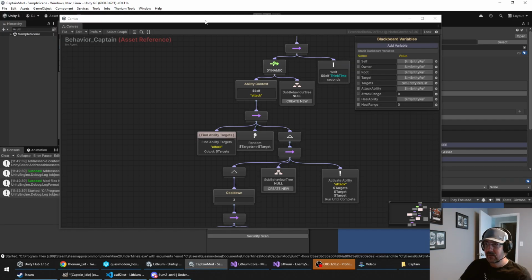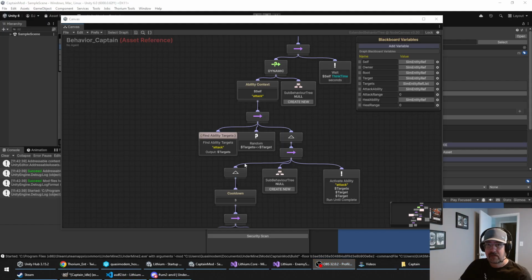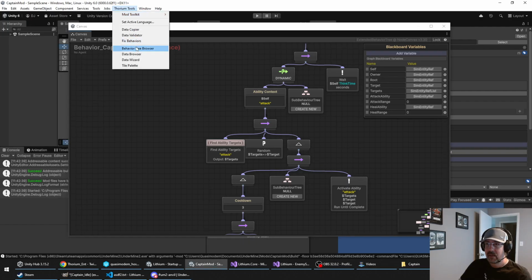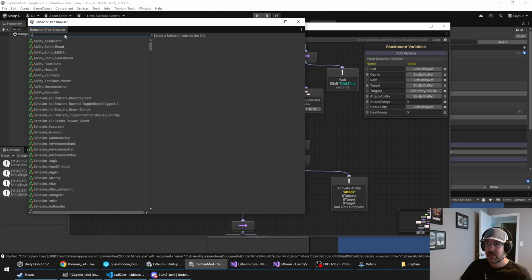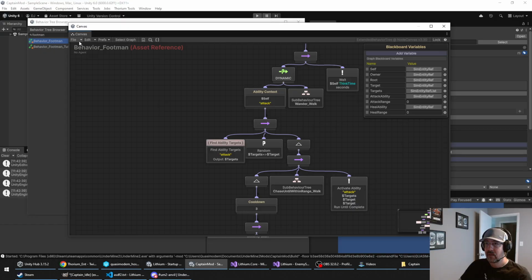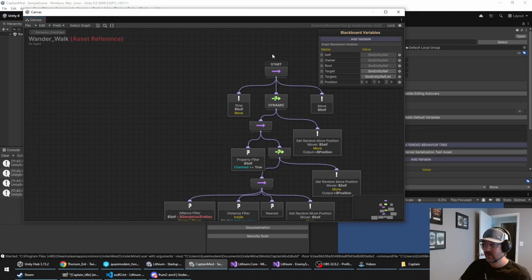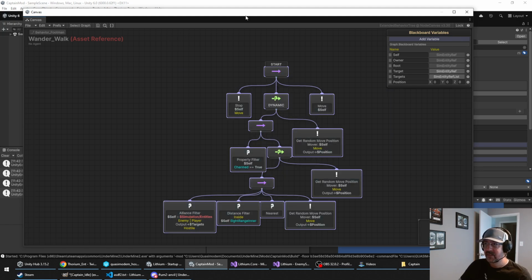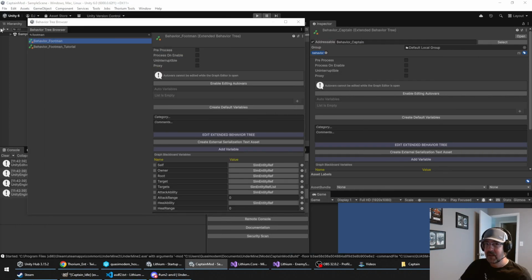Wait, is there a way that I can look this up in the data browser directly? You'll have to go to the behavior tree browser, but I think you should be able to copy and paste out of there, hopefully. Yeah. Oh my God, this is beautiful. How come this one works, but the other one doesn't? Okay, I'm going to copy this into...